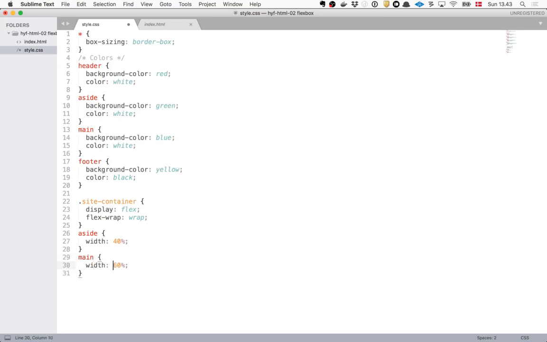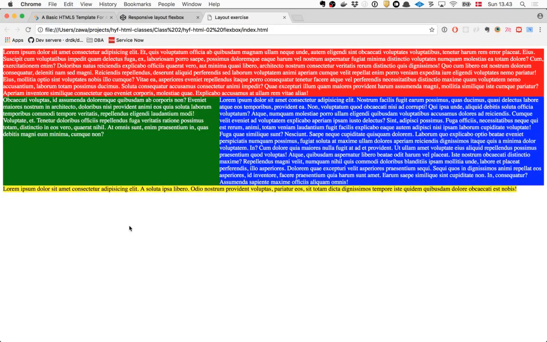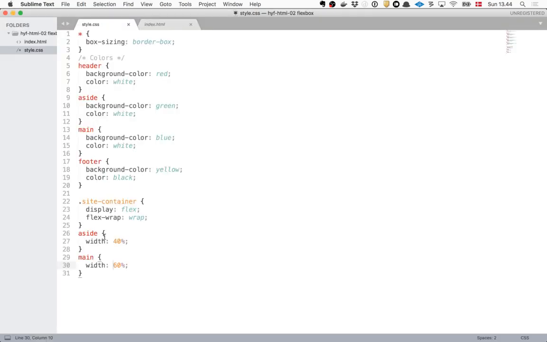Oh. So we set the width here. Whoa! That's it? It's the same layout, right? Yeah. Already? That was like seven lines of code or something like that, right?